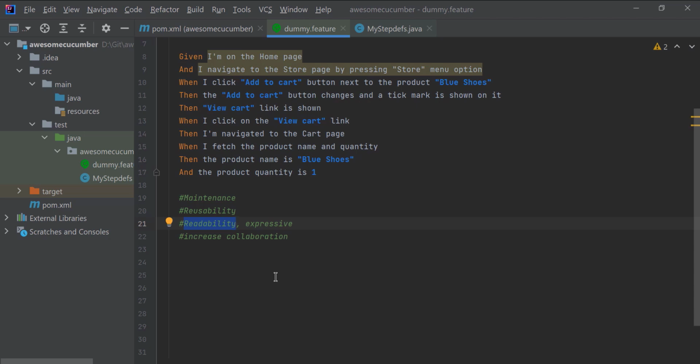The scenarios should be short. And if you take care of all these things, then there will be an increase in collaboration in the team. The dev, QA and the business analyst or product owner can work together because the scenarios will be understood by all of them.